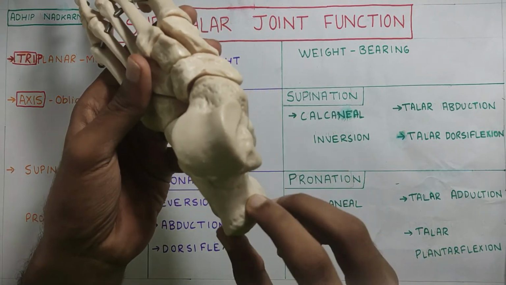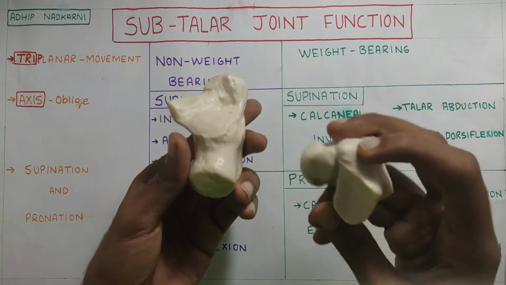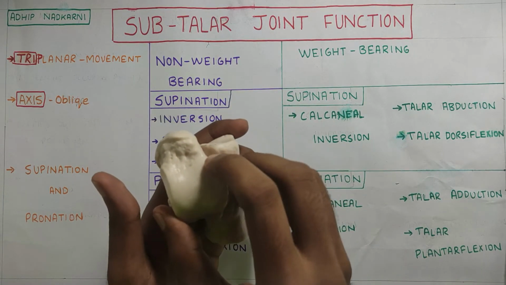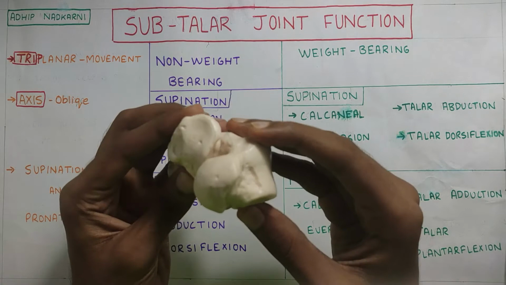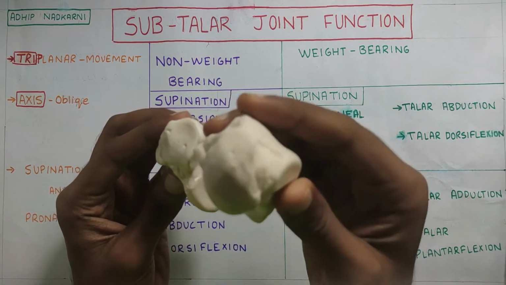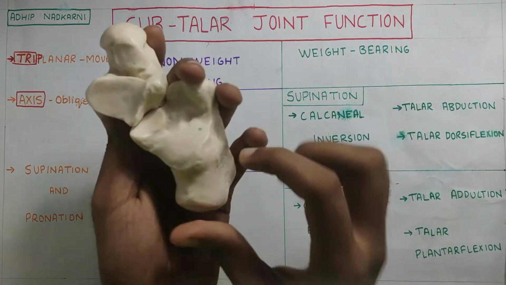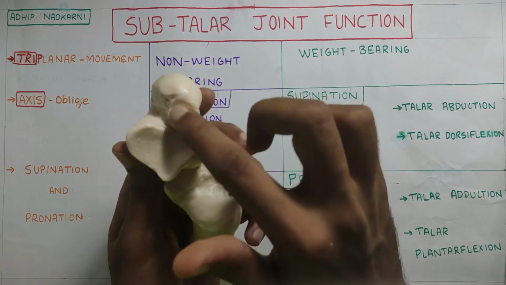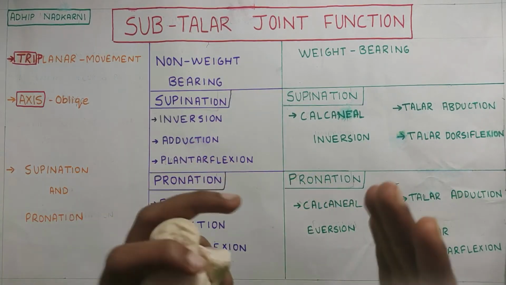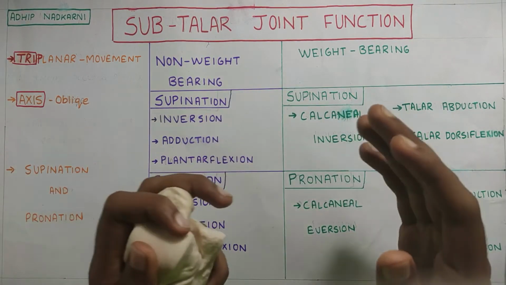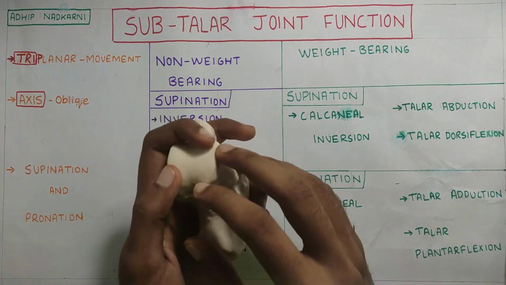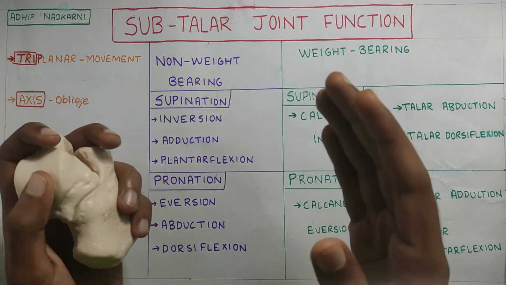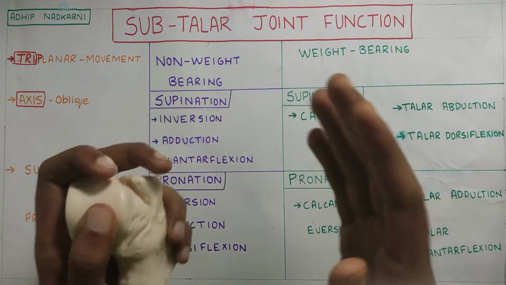So if you separate the calcaneum and the talus, this is your calcaneum and this is your talus, right? The movement of the talus on the calcaneum will be somewhat like this, like a screw. If you see from the top, the talus will be moving in this direction. If you look at the articulating surfaces, we saw that the talus has a bigger concave surface and two convex surfaces, right? If you don't know about the concave convex rule, please check out my video on that so that it will be easier for you to understand this topic. The concave convex rule in general is a very important topic that needs to be cleared, and in that video I have made it as simple as possible.